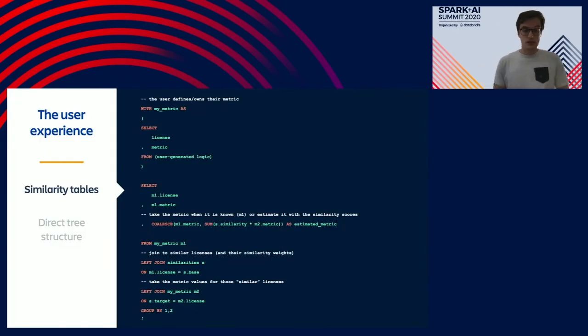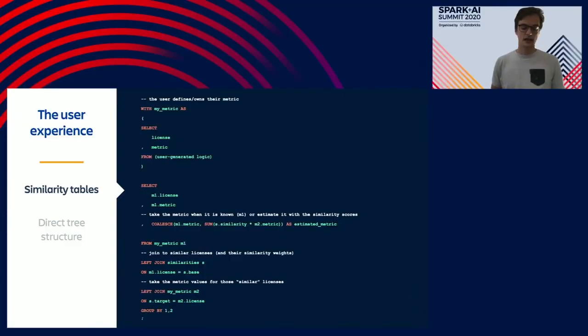And talking about users, diving into code next, I wanted to show the simplicity from a UX perspective to create estimates. This is in the context of the earlier example of 1, 2, 3, where you create your metric on known data, attach similarity, and then work out an estimated column to work with. Now at the top there, in the custom table expression, the user goes and defines their metrics on analytics data however they want. They own that section, and it can be broadly applied to whatever they're looking at.